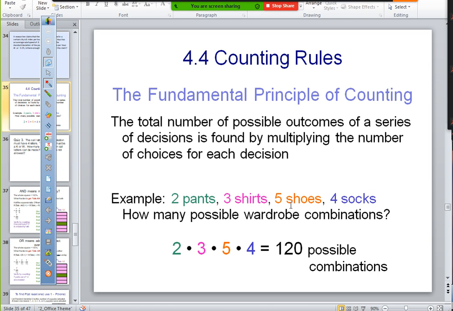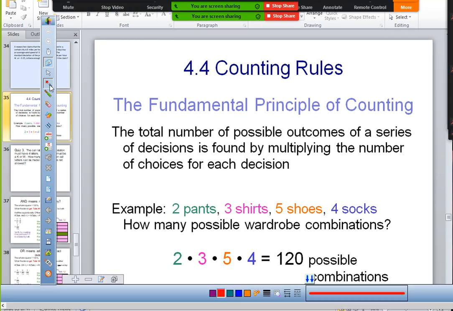I'm choosing shoes. I'm choosing socks. So I'm making 4 decisions. The best way to do this, honestly, is just to draw 4 lines. So 1, 2, 3, 4, and then put in the number of choices for each. So 2 pants, 2 goes there, 3 shirts, 3 goes there, 5 shoes, and 4 socks, and then you multiply